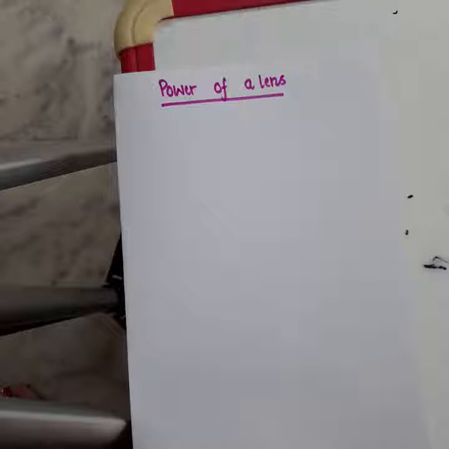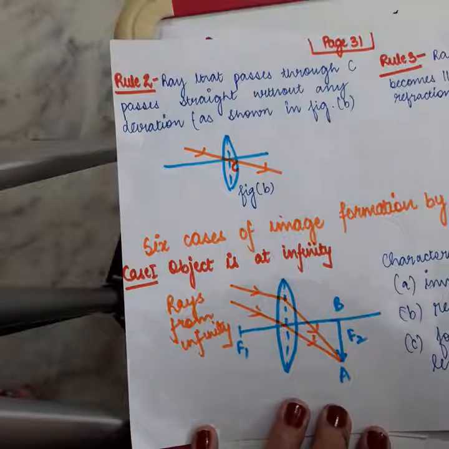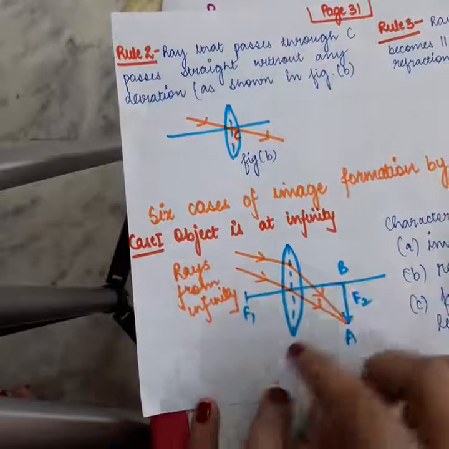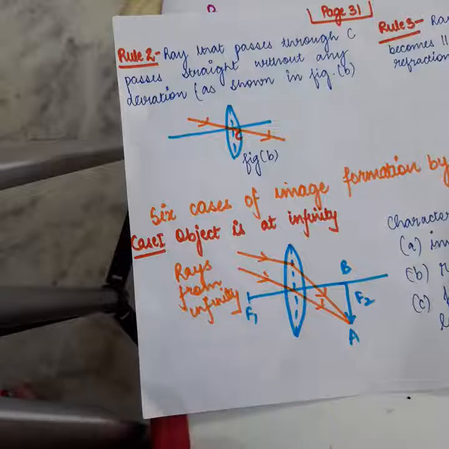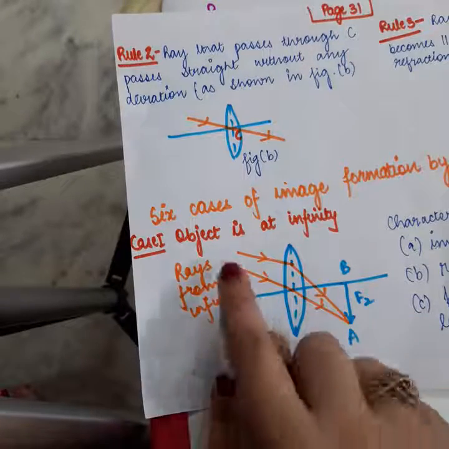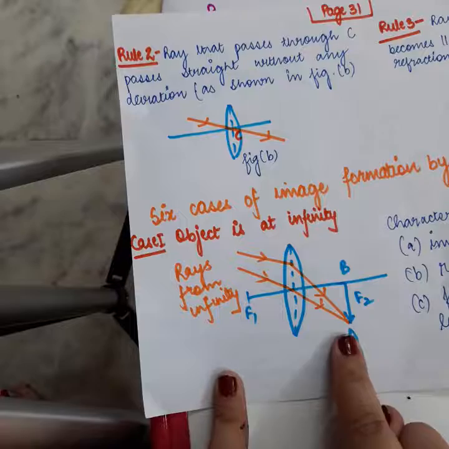So students, you know that a lens has an ability to converge the light rays or to diverge the light rays. A convex lens is known as a converging lens as it converges the light rays. A concave lens is known as a diverging lens as it diverges the light rays. Now I'll be showing you something. Here you can see the convex lens. Whatever cases we discuss for a convex lens, what we are seeing is that after refraction the rays are converged.